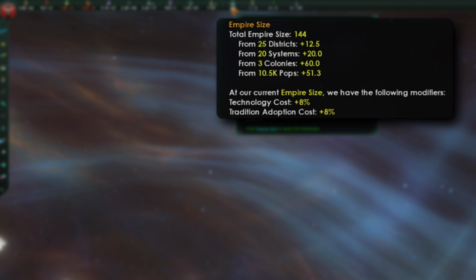Your districts, systems, colonies, and pops all increase your empire size. And once you go over 100 empire size, you get an increasing penalty to technology, tradition, and edict cost. It also makes you weaker to espionage. So this is another reason to try and be efficient with your economy, so you minimize this penalty for the maximum economic output. For example, because each colony is adding a flat 20 empire size, regardless of how developed